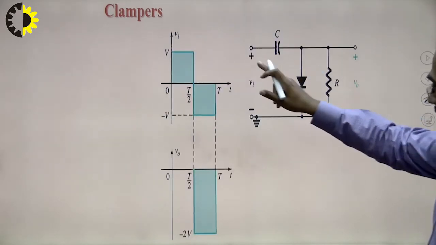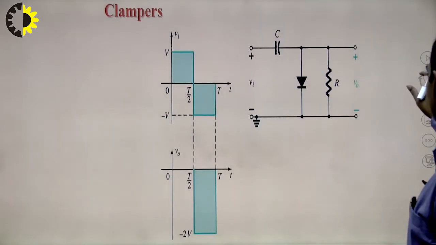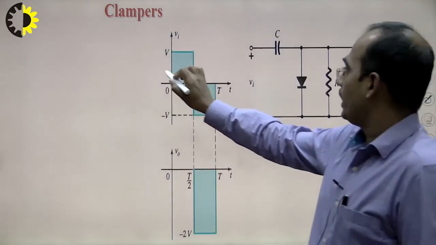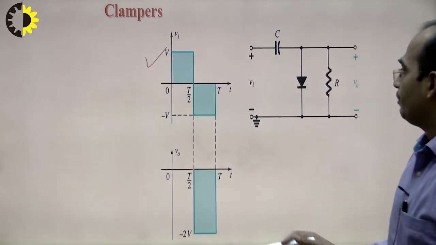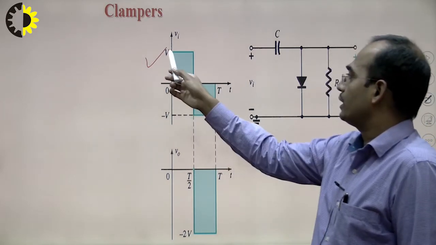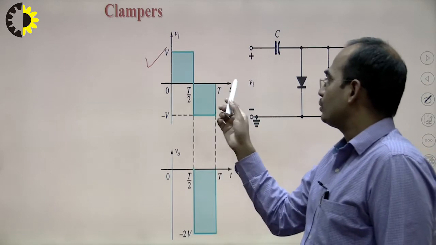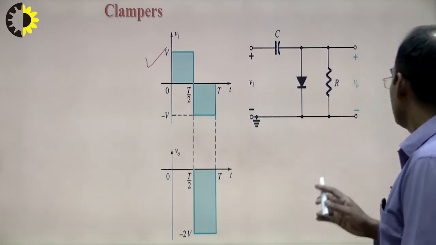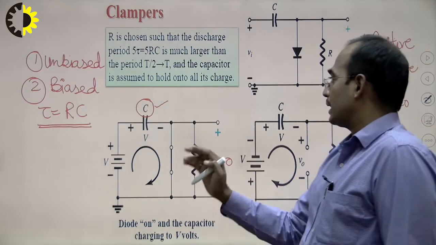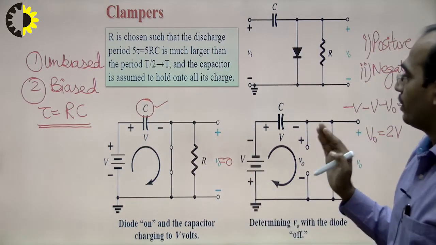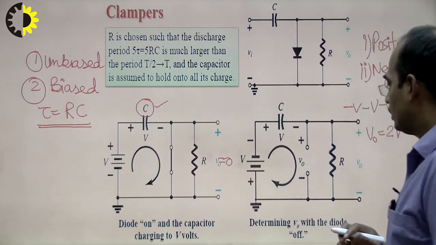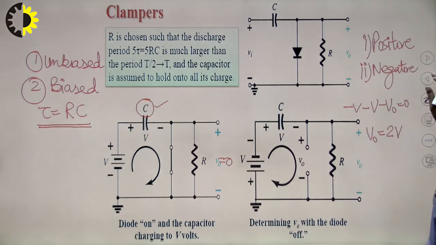So this is the input cycle. Here we have chosen this square waveform in which for half cycle, 0 to T by 2 time period, we are giving the plus V input, and for T by 2 to T we are giving the minus V input. So the same has been considered here. I have considered that half cycle in which the diode was forward bias. So for the positive half cycle the diode was forward bias and we are getting the output 0, and for the negative half cycle